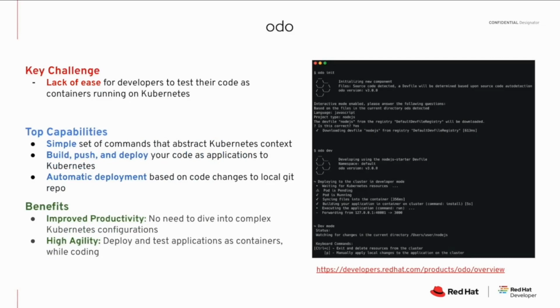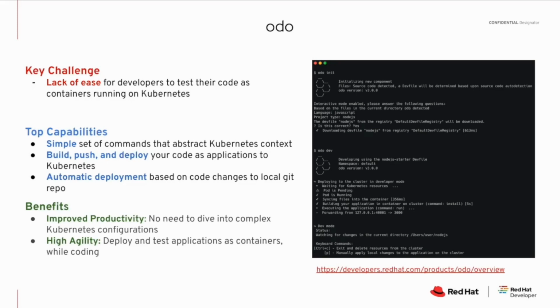If you prefer the CLI and not the IDE, we have a CLI tool called odo. It's basically about testing your code as containers onto Kubernetes from a CLI. So, if you're familiar, you could pick up the kubectl CLI and all its rich options and parameters, or even the OpenShift OC CLI. odo tries to simplify that. It's basically a way for you to converse with it and use its commands and options in a developer friendly way versus a full blown way of Kubernetes.